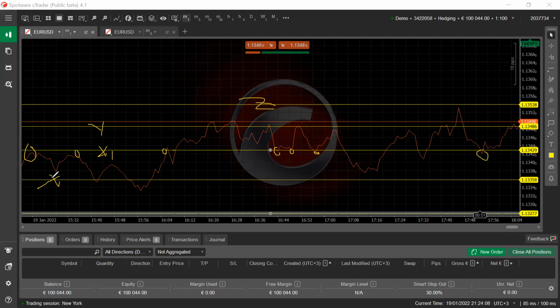Unachukua trade, ukichukua trade hapo, chances are you will not worry about it. Isipoenda chini, if it's not going down, you will not worry about it until it reaches the next significant point, which is here. So the market might go down kidogo.